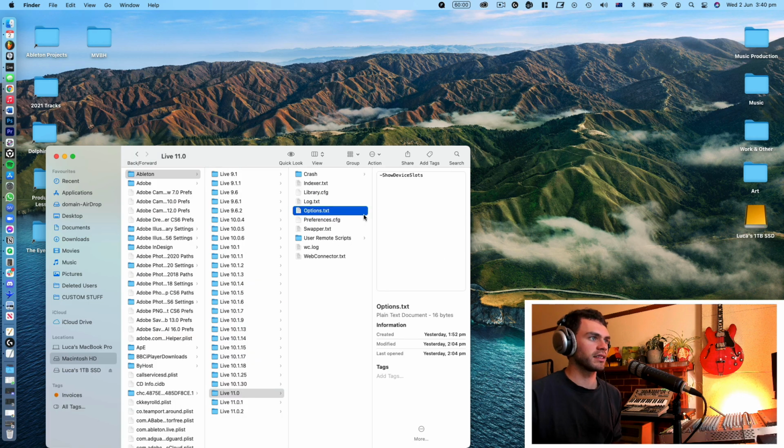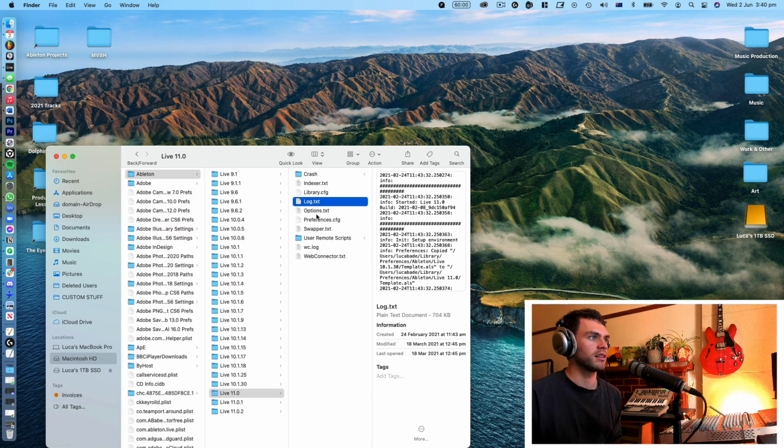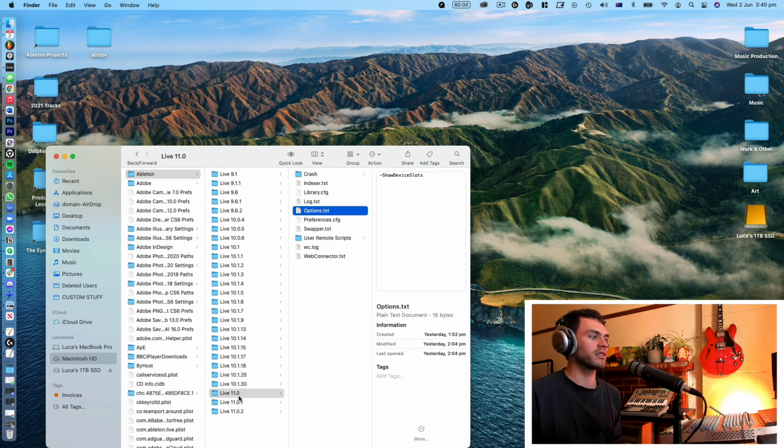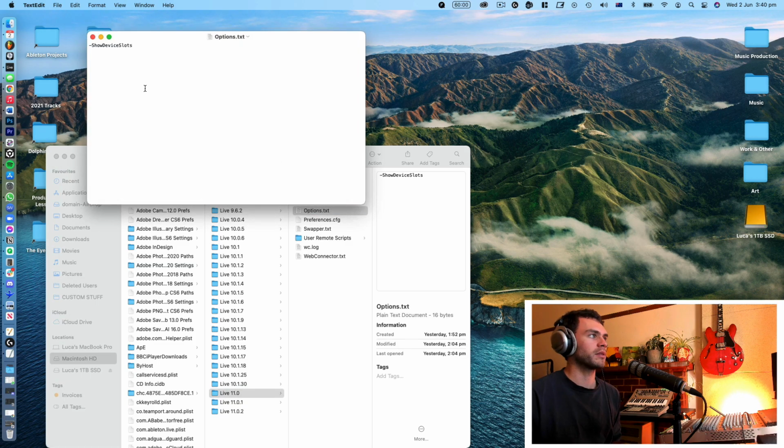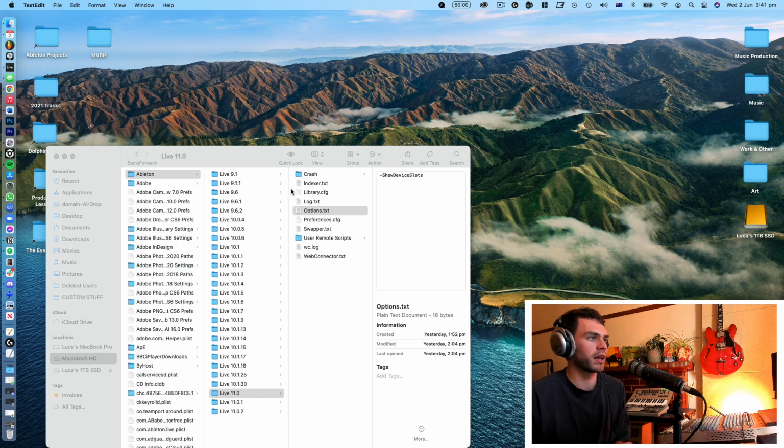And this Options.txt file is one that I've created. So what you'll need to do is create a blank TXT file and name it Options.txt. Then you'll need to put it in this folder here. Just place this TXT file in here. And if you type in -ShowDeviceSlots, with capitals on each word,